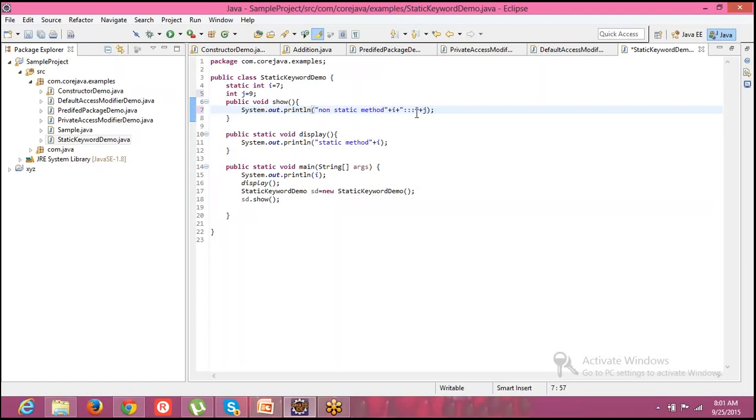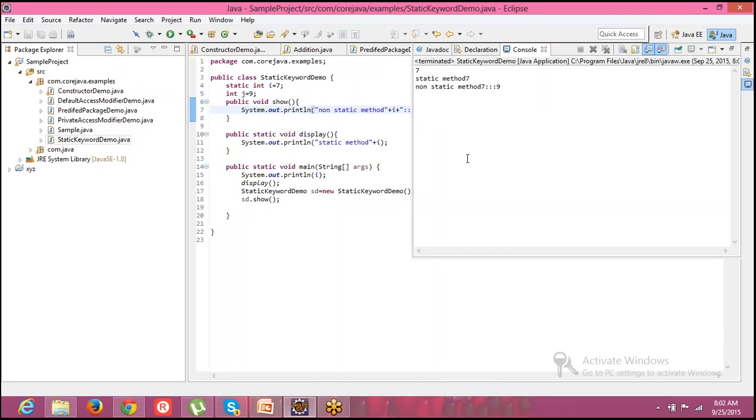The compiler is not going to bother about that. Whatever you are writing is going to be printed in your console. That's it. I just wanted to differentiate values of i and j with some special characters. So that is what I was trying over here. Now Control S and Control F11. What is the output? We are getting 7 as well as 9.